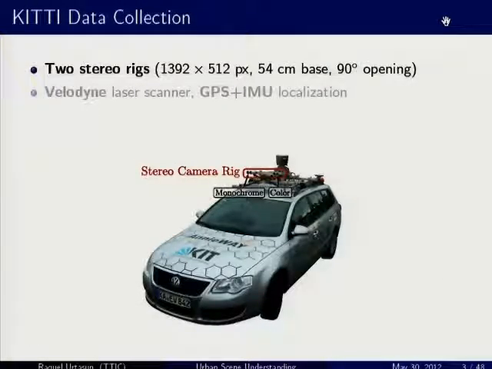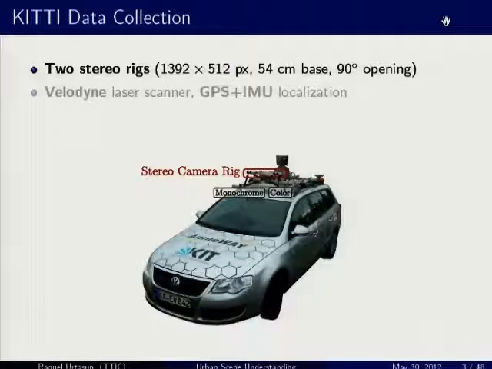Okay, so let me tell you a little bit about what we actually did for this project so far. So we created the KITTI dataset, okay, this is where it comes from. And in order to collect this dataset, basically we took advantage of our autonomous driving platform. So here is the car. And we mounted it with 2 stereo rigs. One is color, one is grayscale. It's relatively high resolution, right?